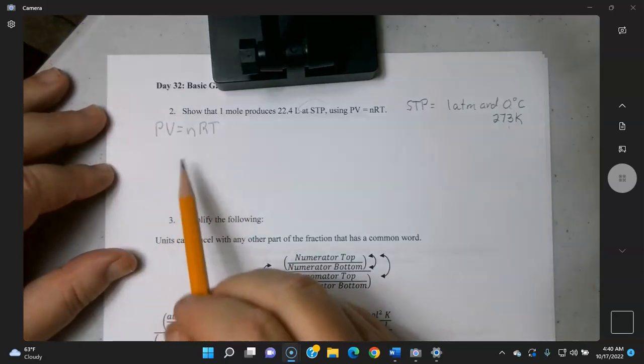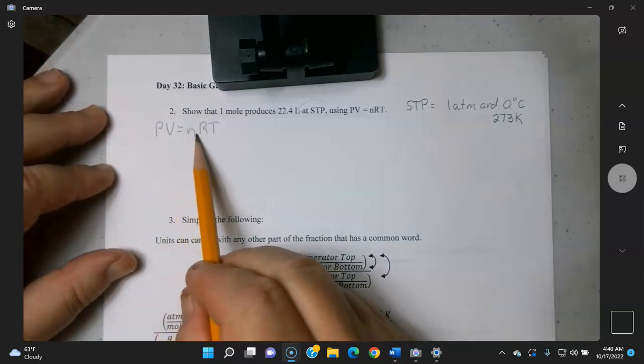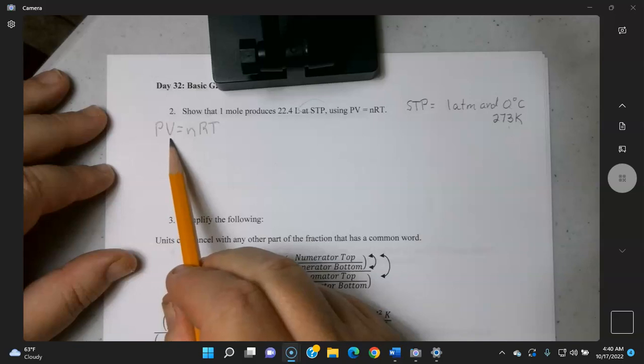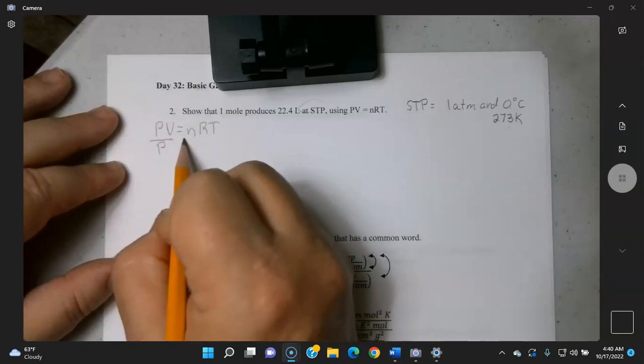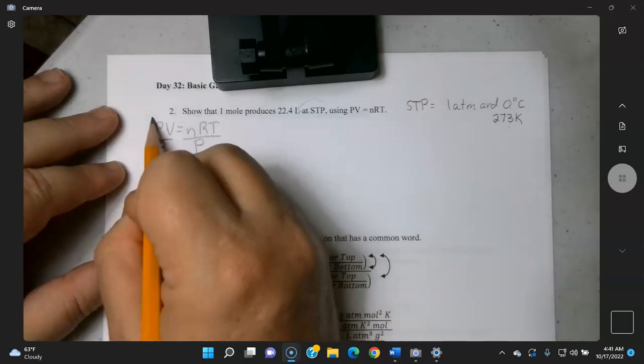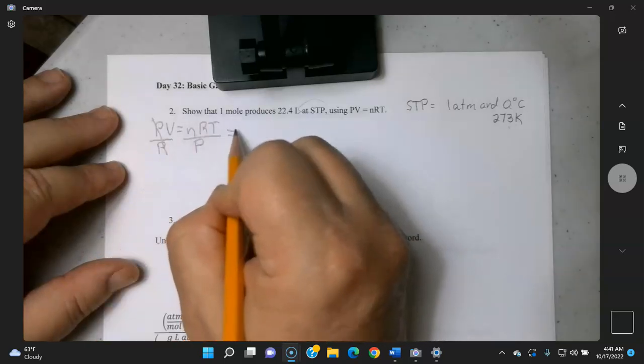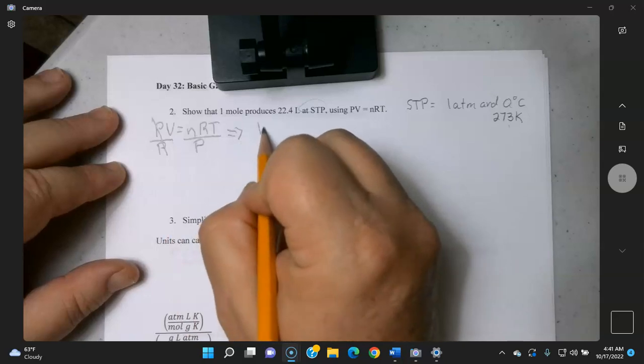Okay, and we're going to solve for volume. We want to see if we put 1 mole into n, do we get a volume of 22.4? So we're going to divide both sides by P. This is just algebra. And that gives us the following equation, that the volume equals